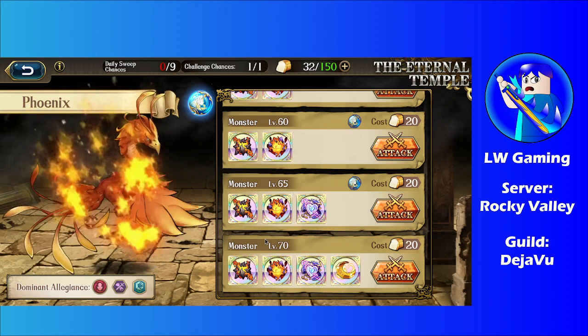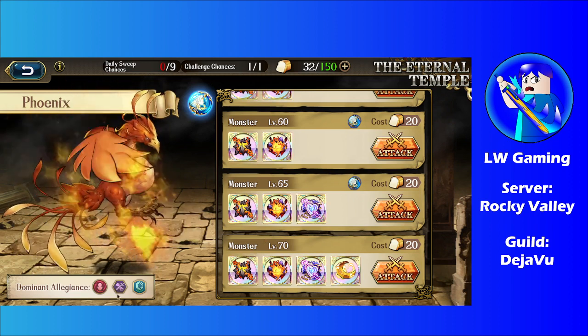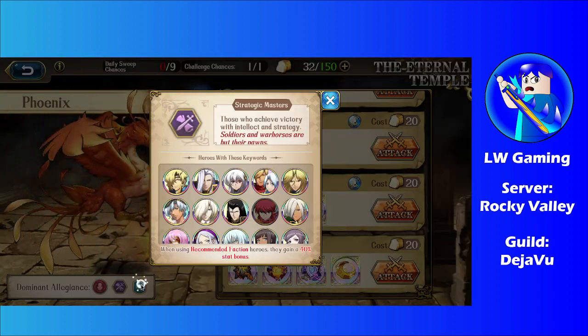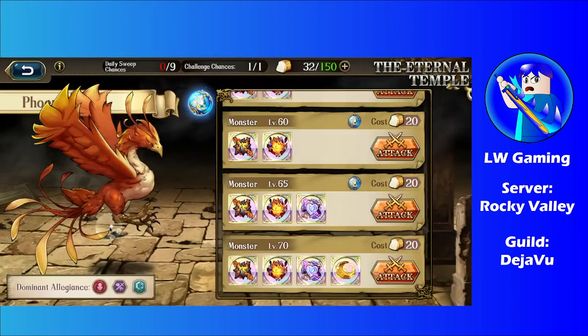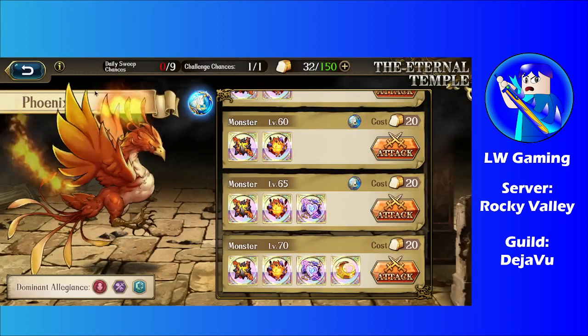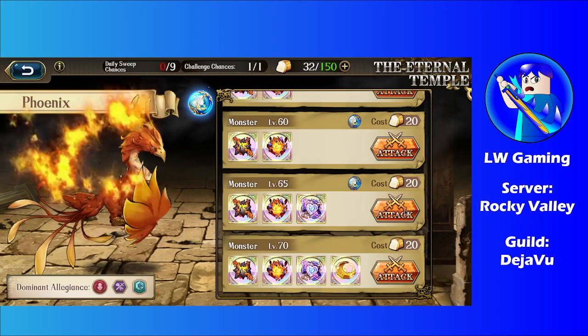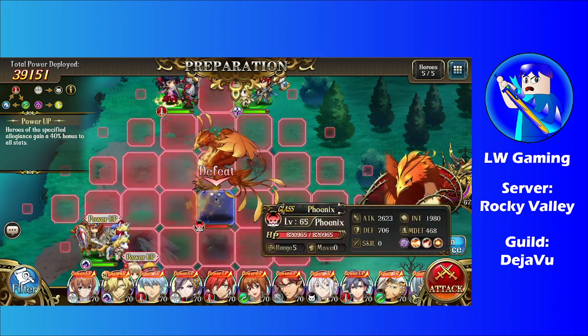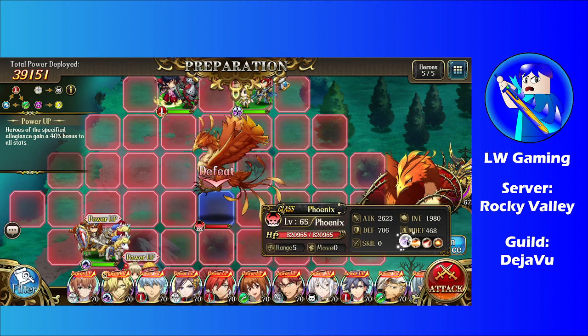The dominant allegiance are protagonists, strategic masters, as well as your legends. So let's jump right in and let me show you what the condition is against Phoenix. This one so far is straightforward, but there's one thing you need to be aware of,